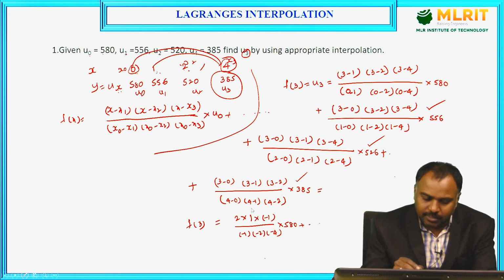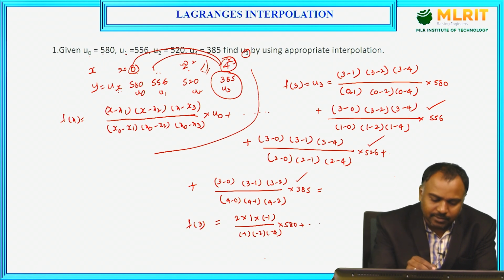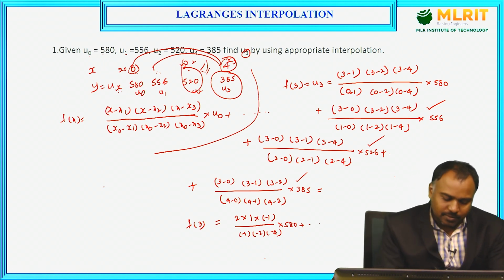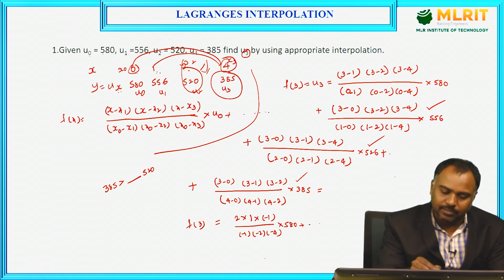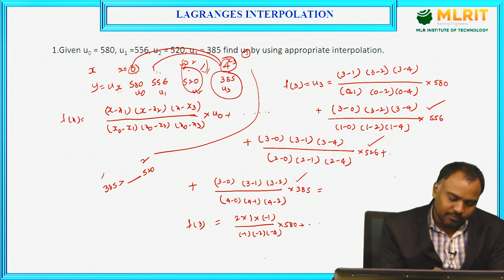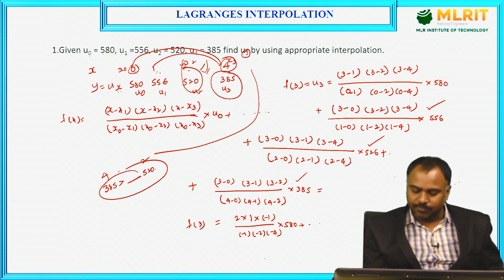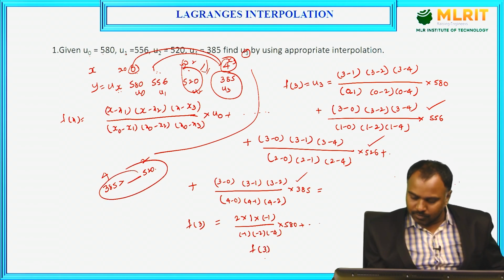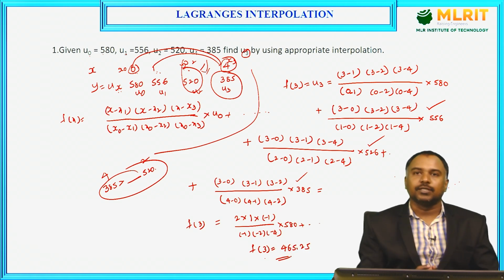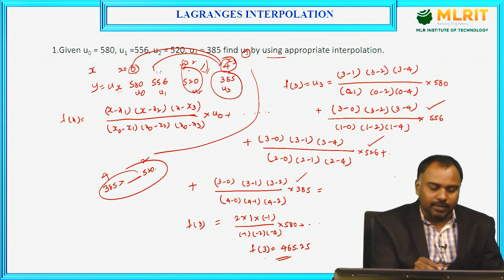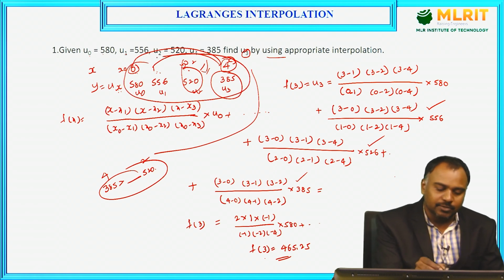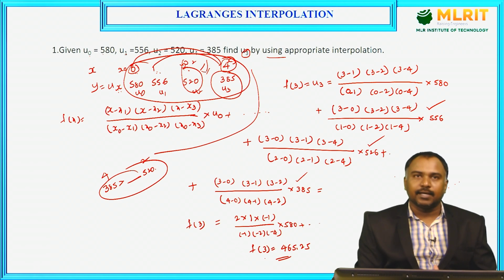Where this 3.3 lies, our answer is obviously greater than 385 and less than 520, because at 2 the value is 520 and at 4 the value is 385. So the value is decreasing and it will lie in between. If you simplify, you are going to get something like 465.25. So it is when the data is unequally spaced that we use this particular Lagrange's